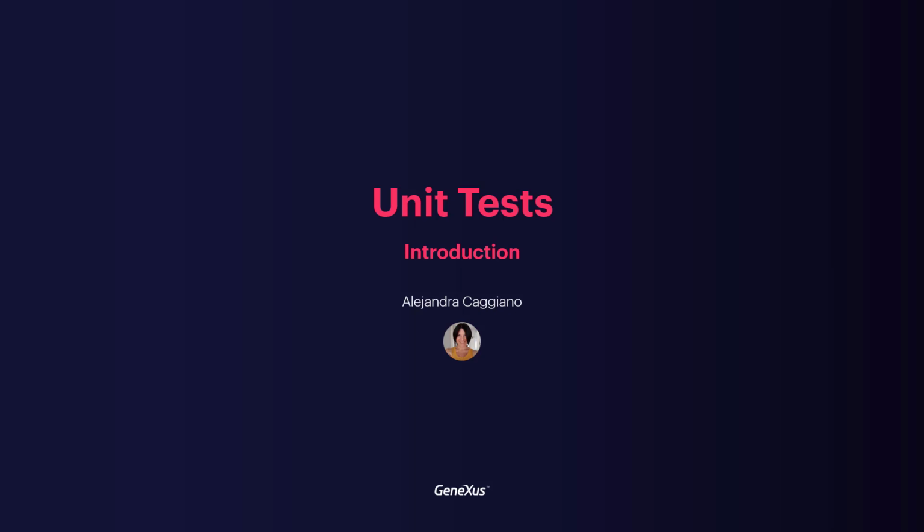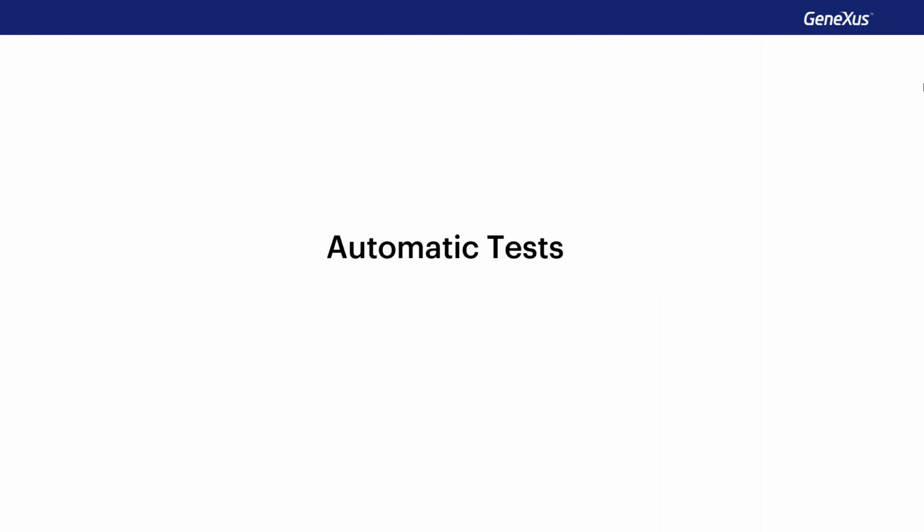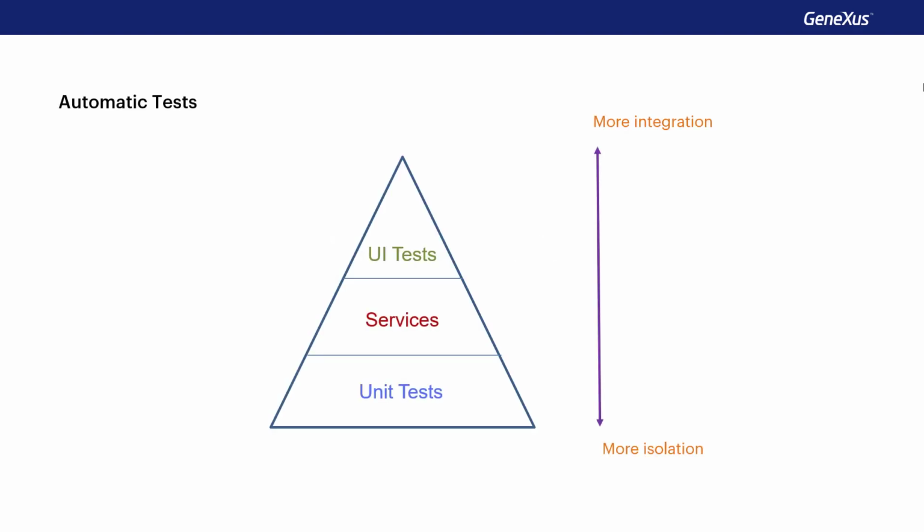Throughout the development of our application for the travel agency, we've mentioned the importance of separately testing the new functionalities we're developing, and then testing the entire application to make sure it behaves as expected. As the application grows, this type of task can become increasingly burdensome, so Genexus helps us by providing features to create and run automatic tests. This is in order to reduce some of the manual verification work.